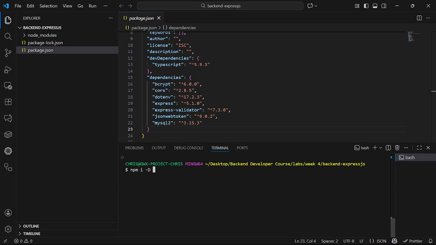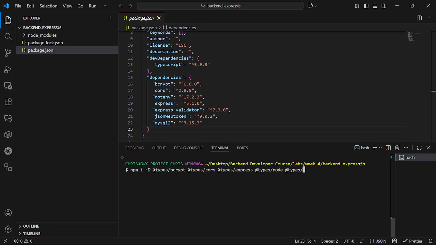All right, so we're going to start with types bcrypt. Right, bcrypt needs a typing. Because if you don't install this typing, TypeScript is going to complain about it because it can't find typings for it. So the next one is cors, then express also, then I think this one before I forget. Then